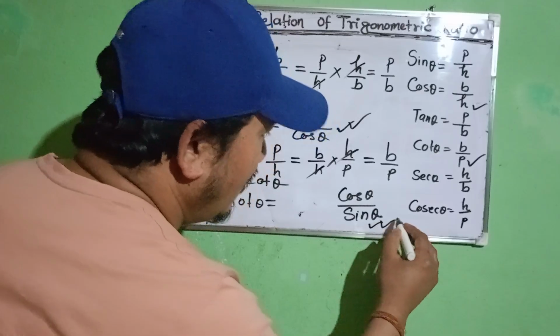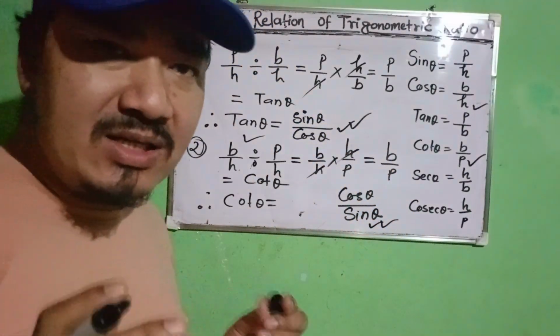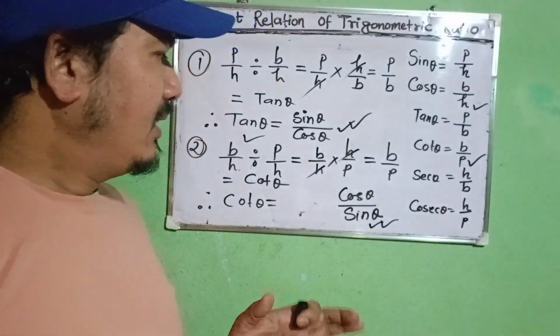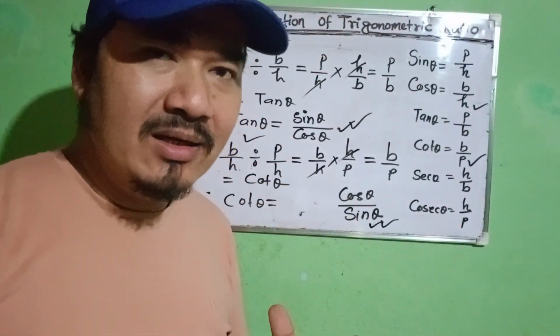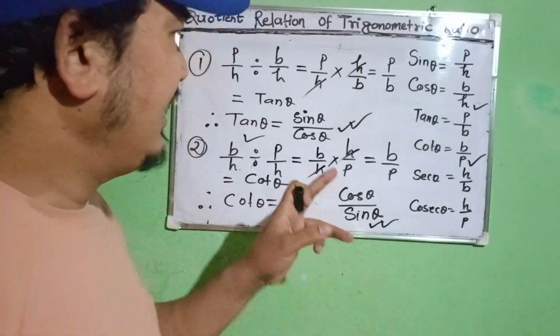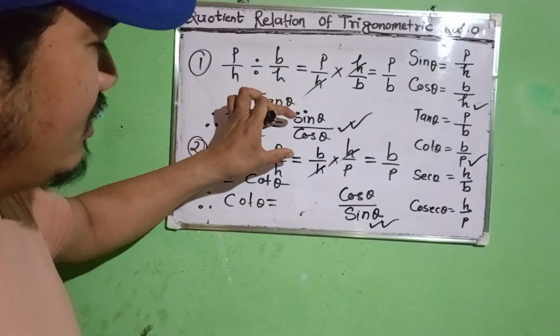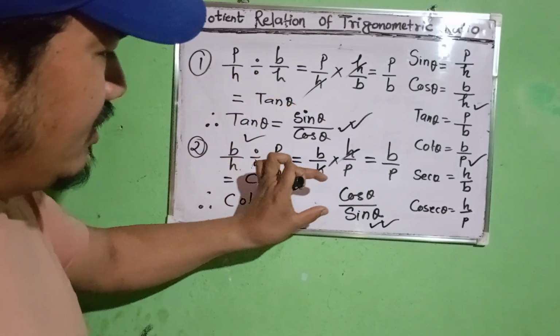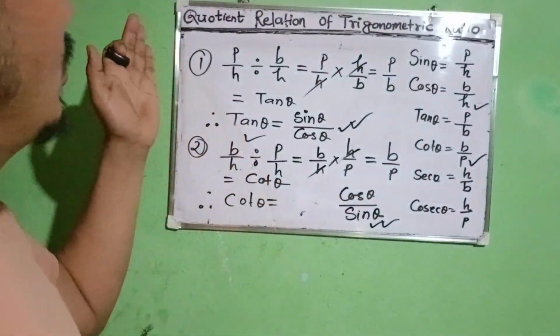These two relations are known as the quotient relations in trigonometry. In trigonometric functions, tan theta equals sin theta by cos theta, and cot theta equals cos theta by sin theta, are known as the quotient relations